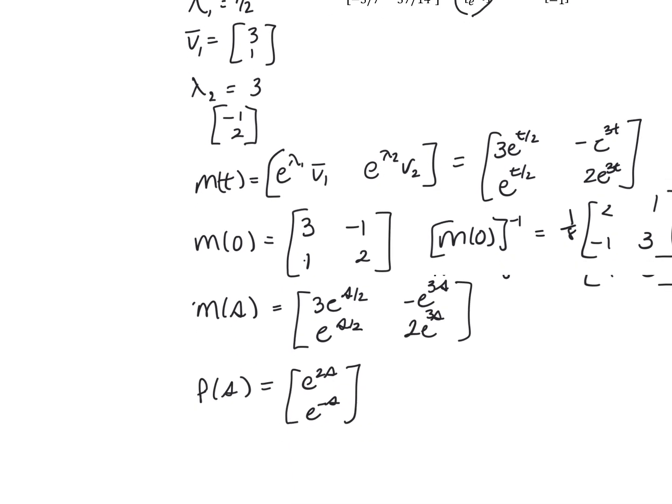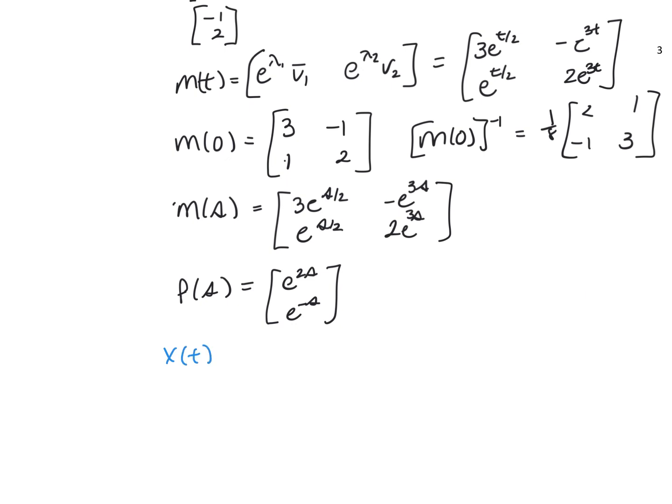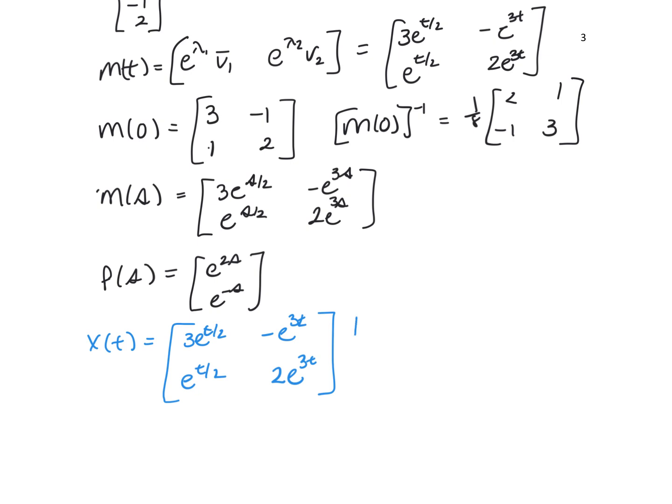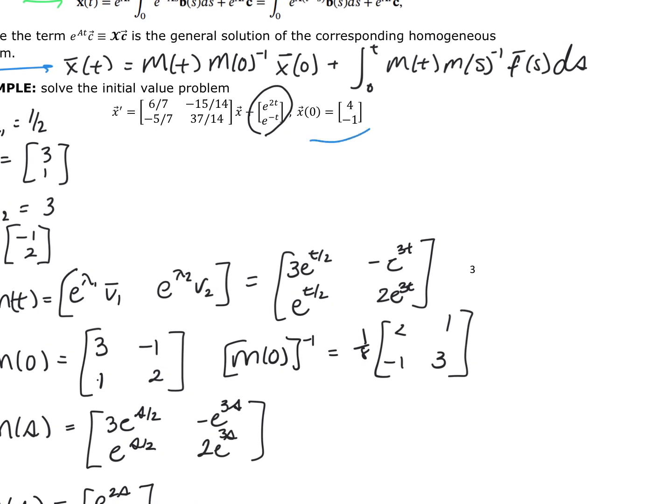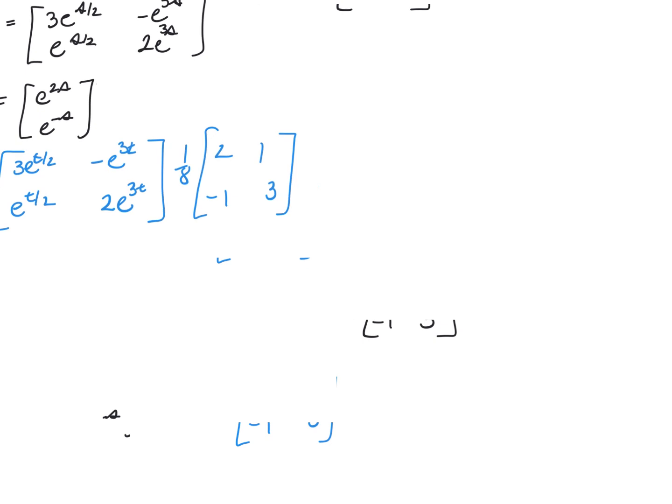this alternate version, I have x of t is going to be equal to my M of t, which is 3e to the t divided by 2, negative e raised to the 3t, e to the t divided by 2, 2e raised to the 3t, multiplied by my inverse, which is 1/8, 2, 1, -1, and 3, multiplied by my x naught, which is that, so it'd be 4 and -1,